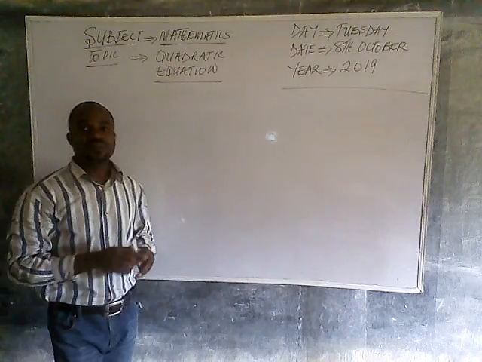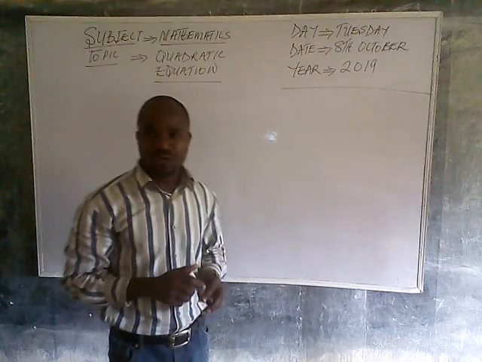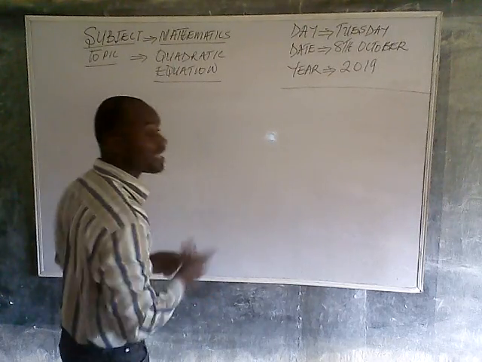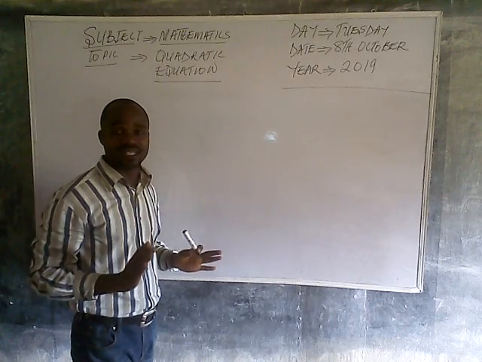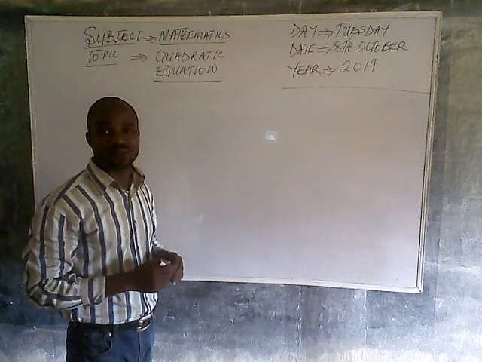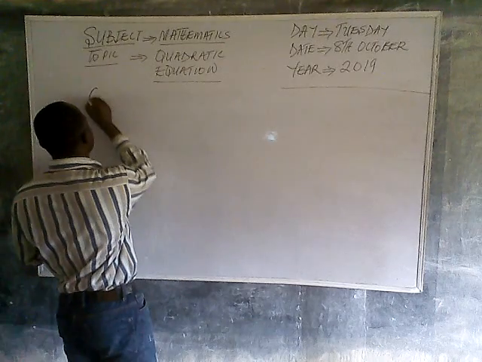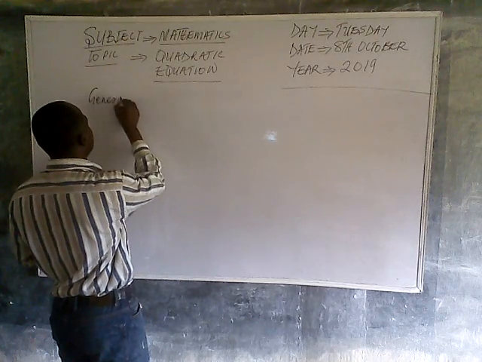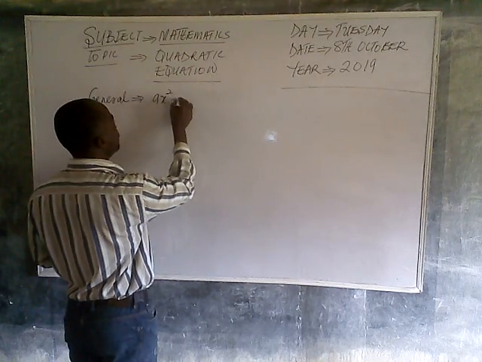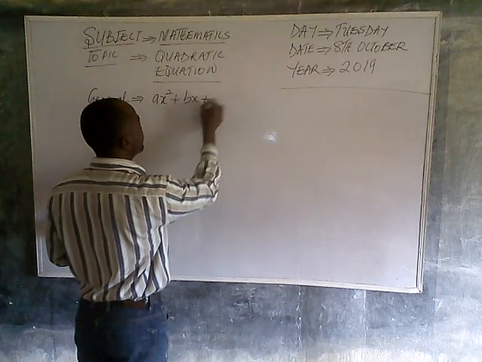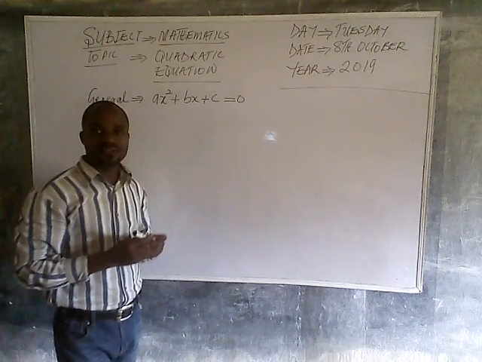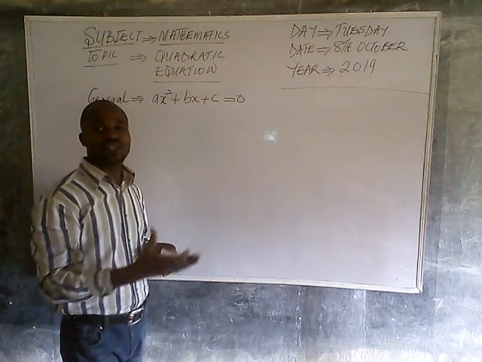Having said that, quadratic equation is generally represented by this expression. That's the first thing you have to understand, that quadratic equation is generally represented by this equation you're going to see on the board right away. General representation of quadratic equation is ax squared plus bx plus c all equal to 0, where the letters such as a, b, and c